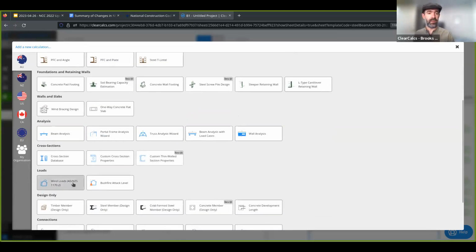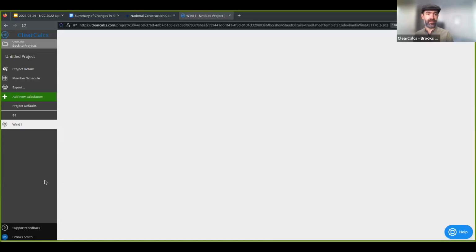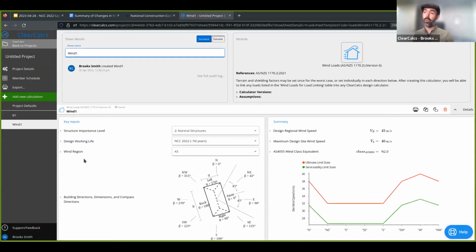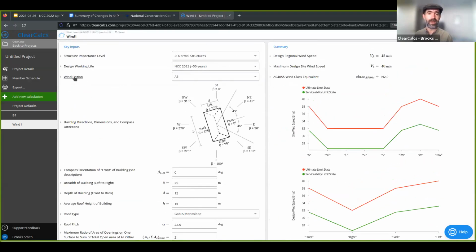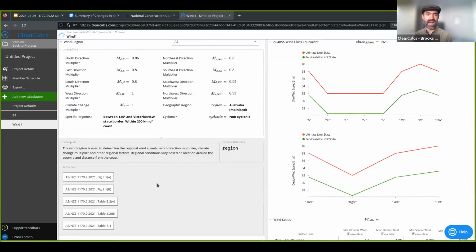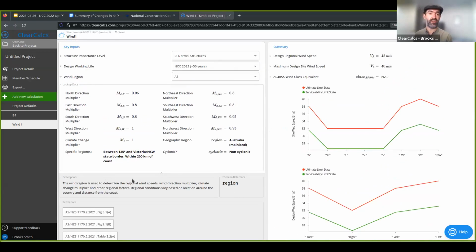Let's take a quick look at our wind calculator. In ClearCalcs, we've added an additional new feature which you can make use of should your organization desire to, where we are now showing you exactly the content of the standards. So you notice if I expand, for example, this wind region input that we have here,